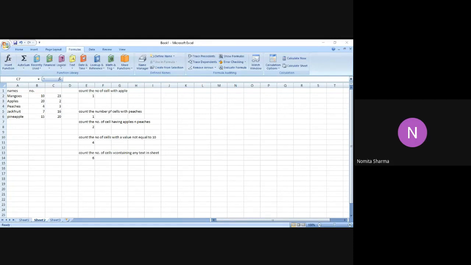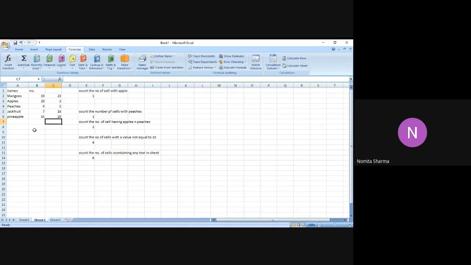The way out will be, first of all, you have to give the sum function. So first of all you will calculate the sum, and then you will compare whether that sum is equal to, greater than, or less than the other. You guys can do that as an exercise. I want to do the COUNTIFS function now, right? But please do that exercise. I'll write the question for you people. The screen is still visible to you people.